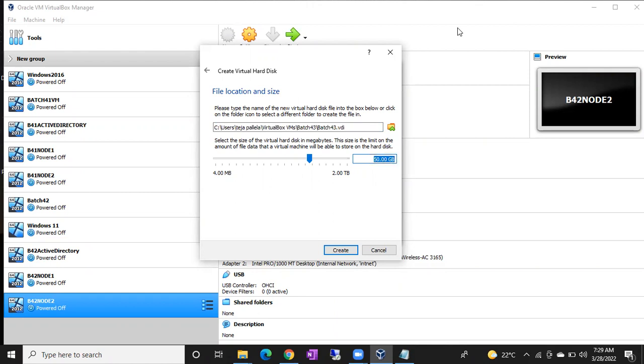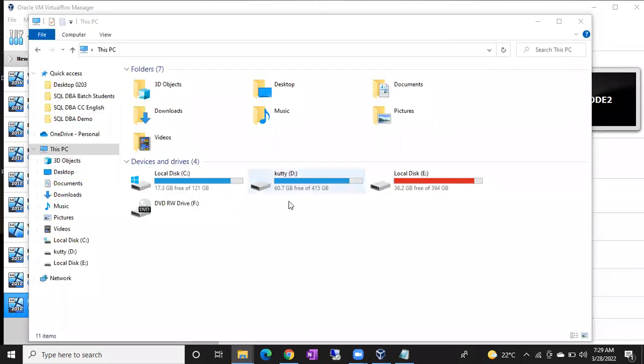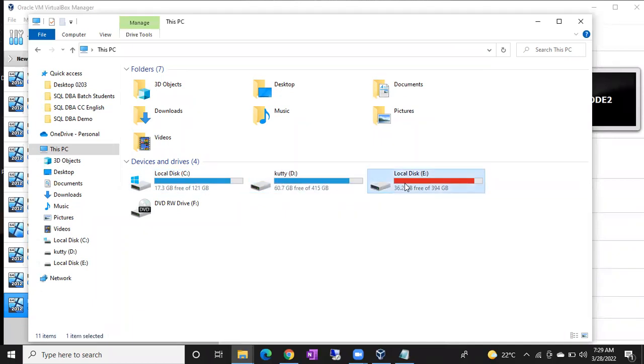So this PC, if you see here, I have three hard disks, guys. One is C drive, second one is D drive, third one is E drive, guys. Okay, so if I just created this file in the D drive, it will take 30 GB or 25 GB,